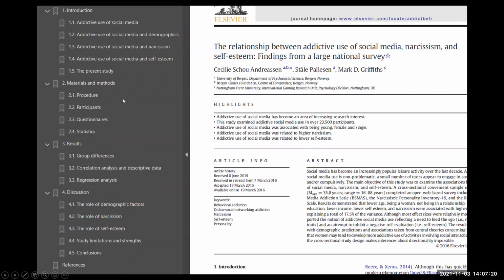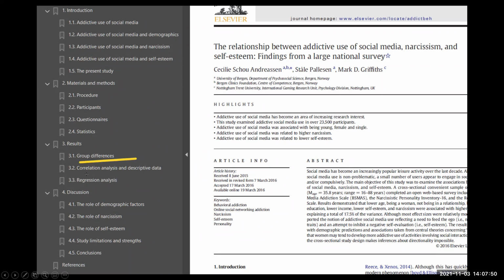present study. And then the materials and methods are divided neatly into the procedure, the study design, the participant, the questionnaire, and the statistical analysis. And similarly, in the results, they provide three sections. The group differences, which are the bivariate analysis, actually. So they've presented the bivariate analysis initially, and then